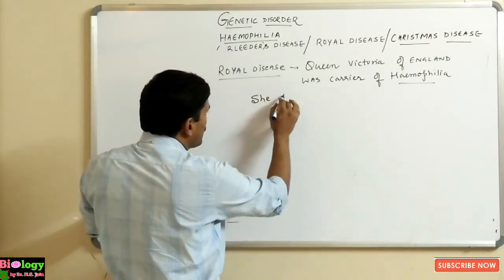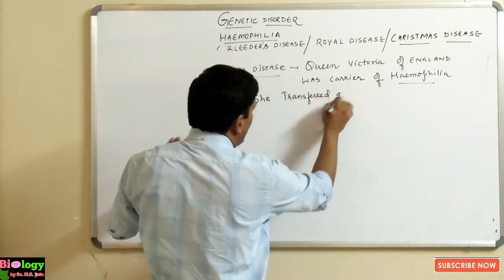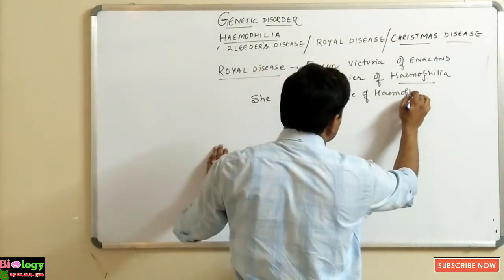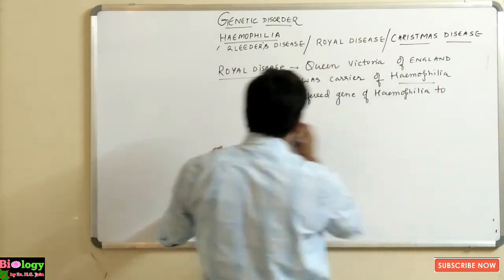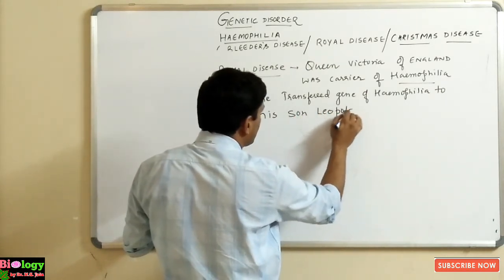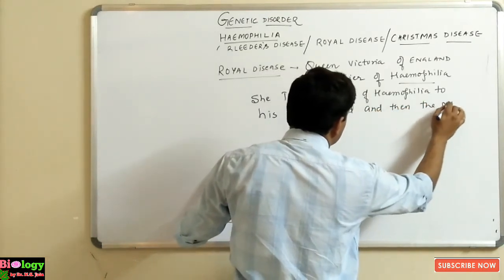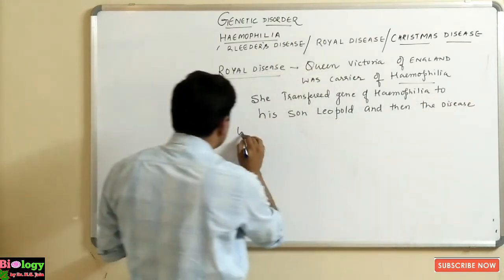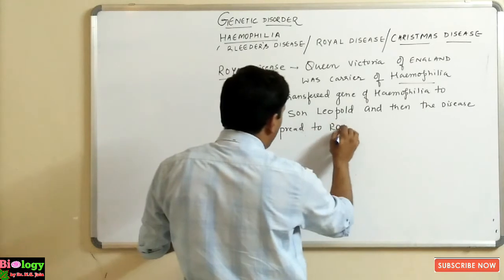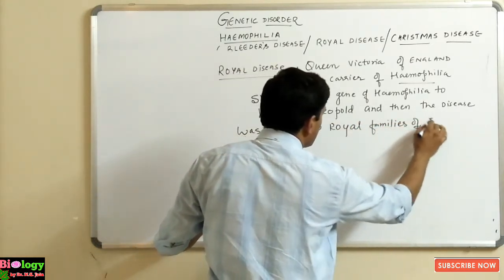She transferred the gene of hemophilia to her son Leopold, and then the disease spread to the royal families of Spain,